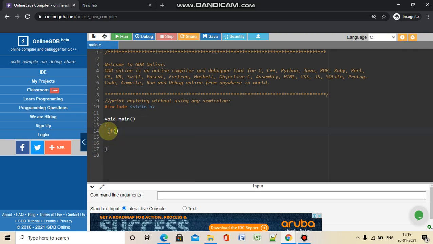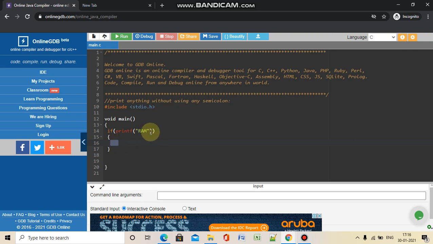So it is if printf, double quotation, ram. Okay, and then the block of the if statement. An if statement basically allows you to control whether a program enters a section of code or not, based on whether the condition is true or false. The condition is written inside this small bracket. Whenever the condition is false, the code inside the block will not be executed, but whenever the condition is true, only then will the code inside this block be executed.